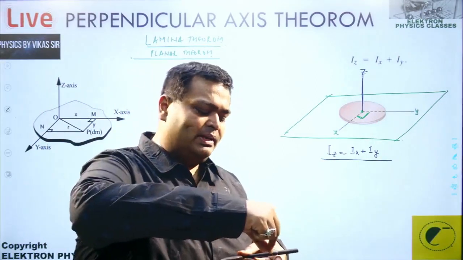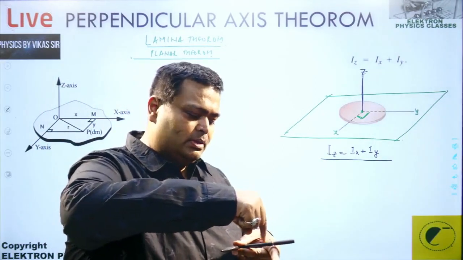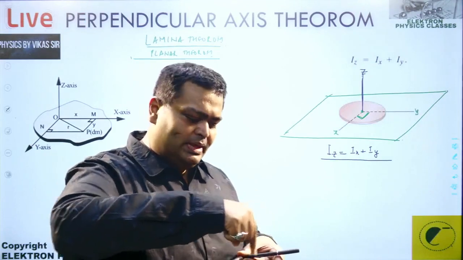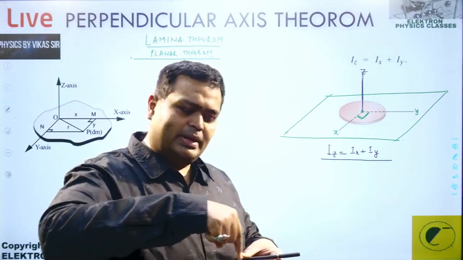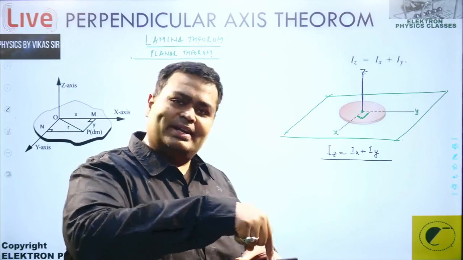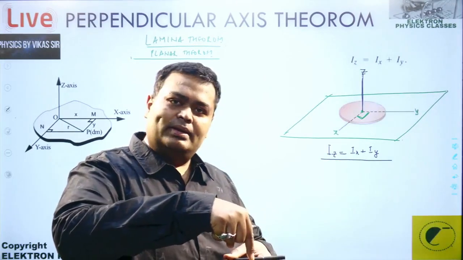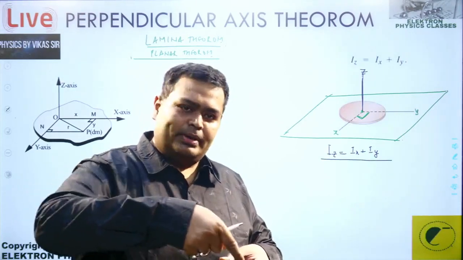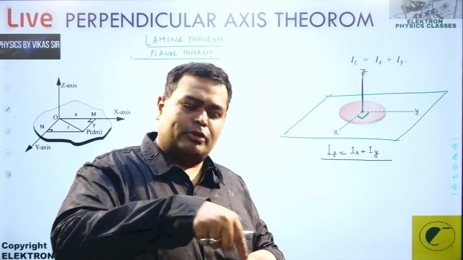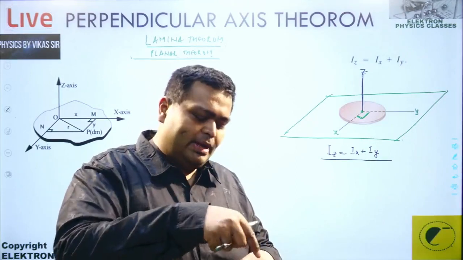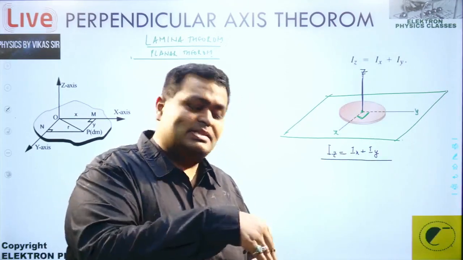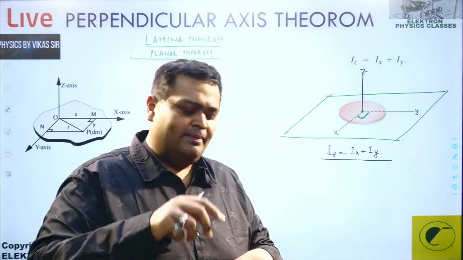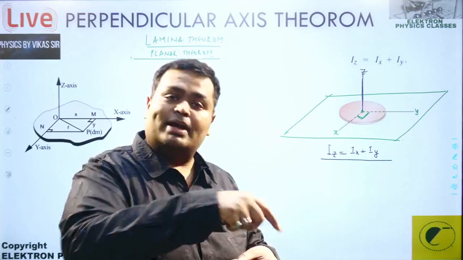There will be a particle here. This will be having some distance from here. So it will be mi xi square from here. And this, if you say as y, it will be mi yi square. This is mi xi square from here and mi yi square from here. If you add it, this will be the distance x and this will be the distance y. Two axes are there, from one the distance x and second is y. So mi xi square plus mi yi square add up.